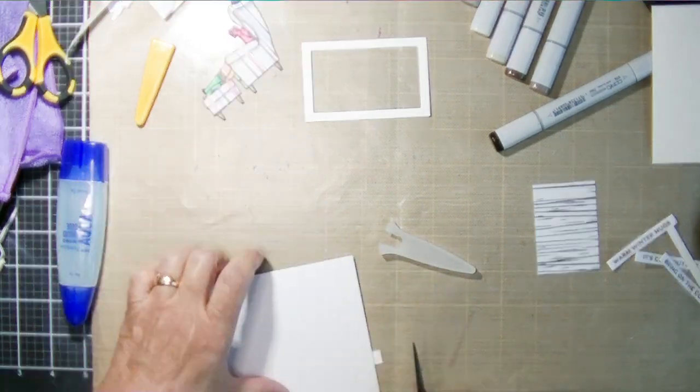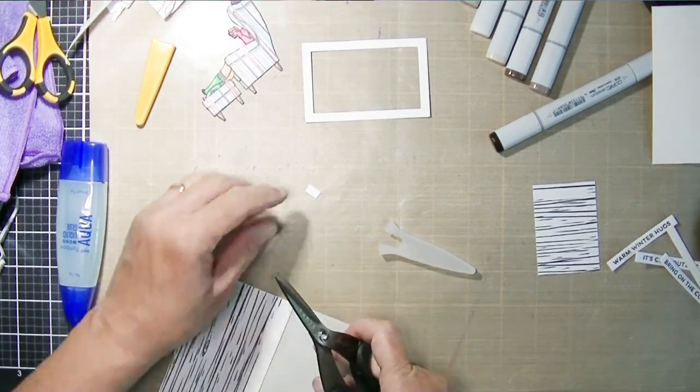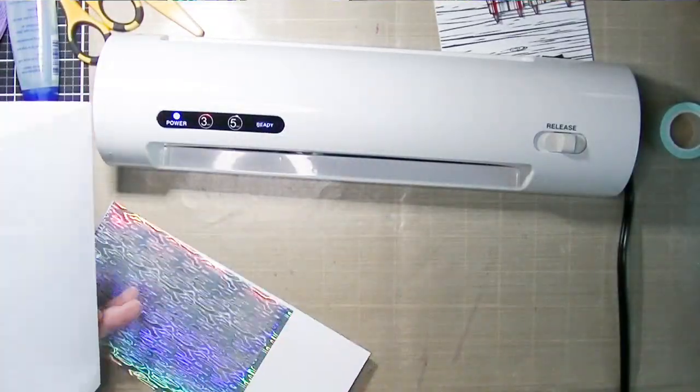And there are several scene stamps. There are a few digital scene stamps, so you can create it with digital stamps as well. And I love coloring with digital stamps. So I just went ahead and